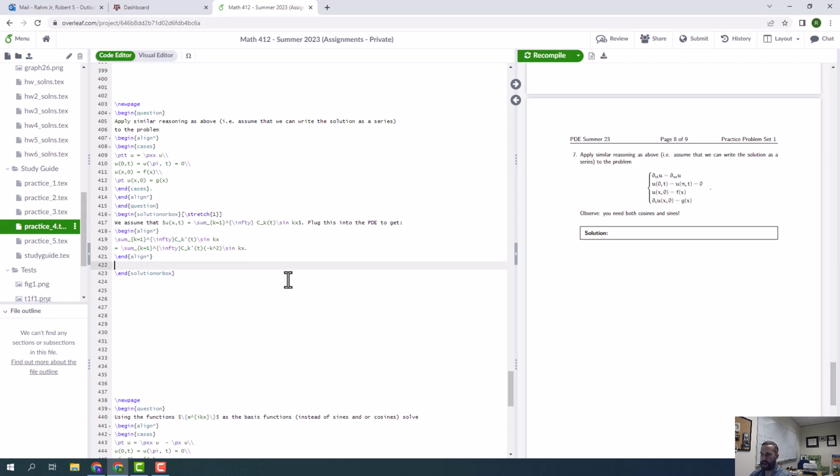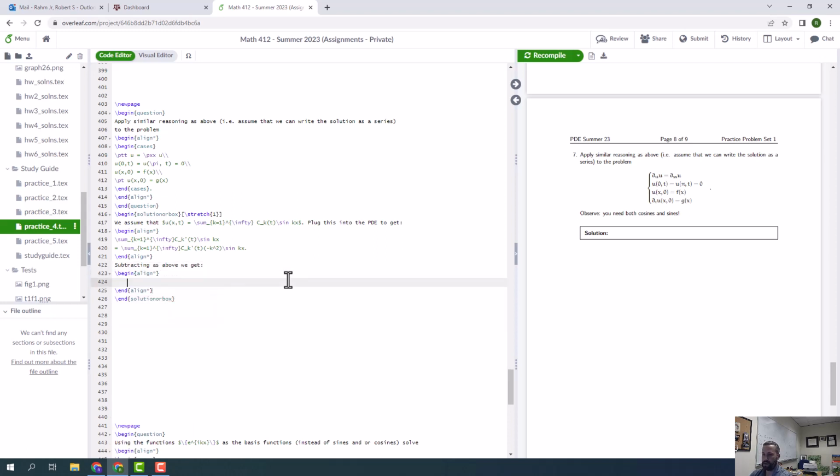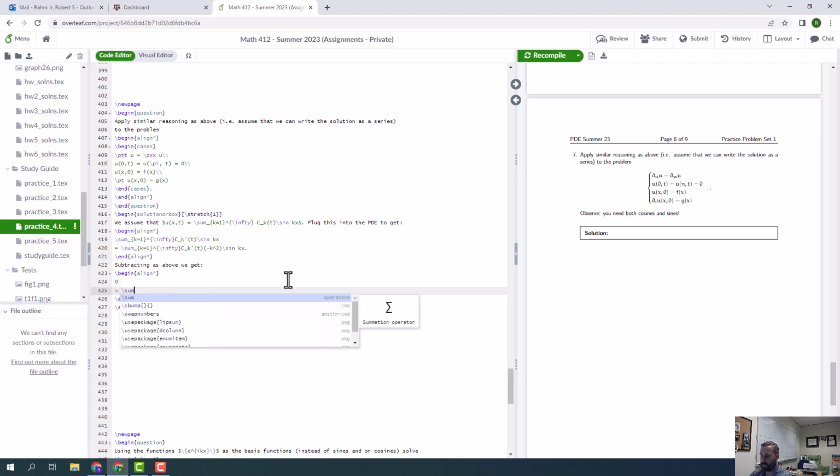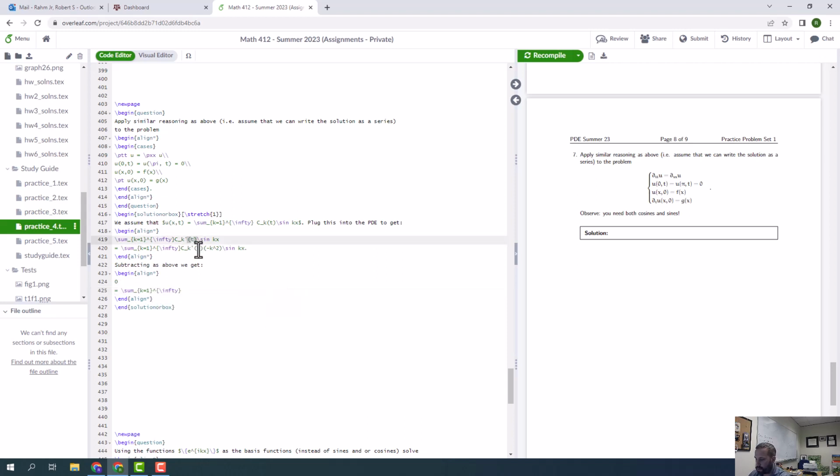Now if we rearrange, subtracting as above, we get 0 is equal to the sum, k equals 1 to infinity, of c_k double prime of t plus k squared c_k of t sine kx. Sorry, there's a double prime here, and I had an extra prime there. And this implies,